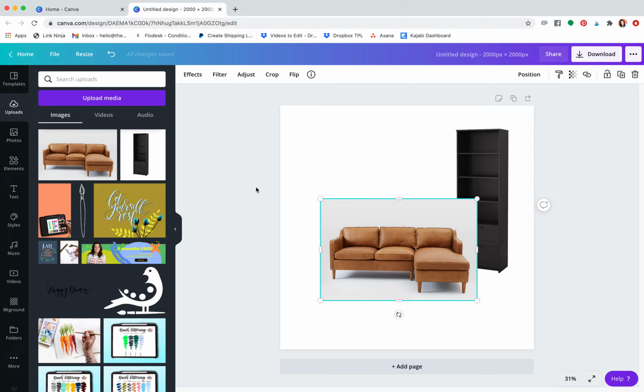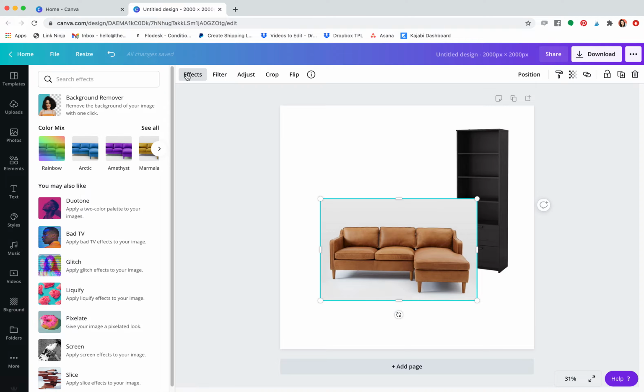So one of the things I love so much about Canva is that if you select an image, you go to Effects up at the top left. It has this background remover, and this is such a smart background remover because you'll see this shadow in here and shadows here. If you're used to Photoshop or something that has a wand tool or magic erasers, if you were just to click this and hope that it would erase, it would keep all this shadow line, or you'd have to zoom way in and go around all of these little areas here. So Canva makes life so much easier because whether it be your face or a couch or whatever,